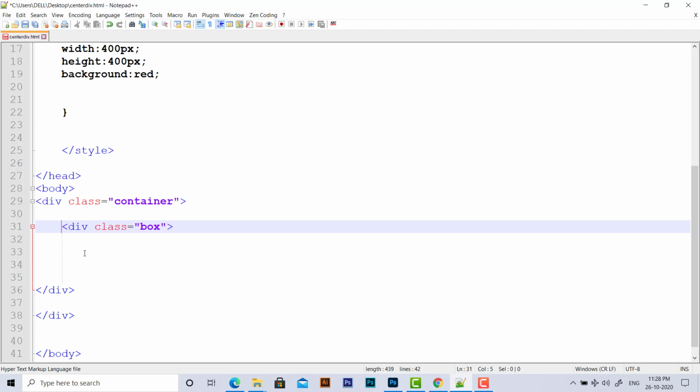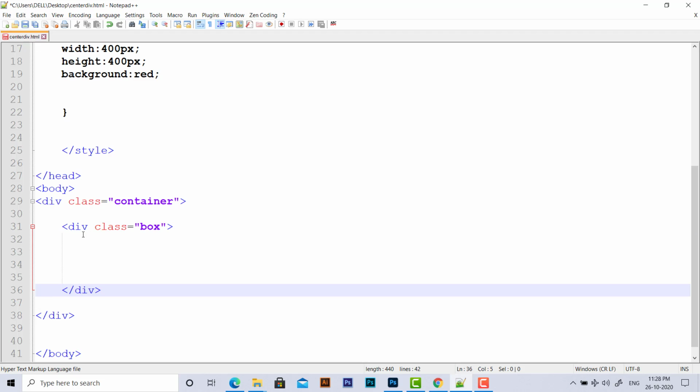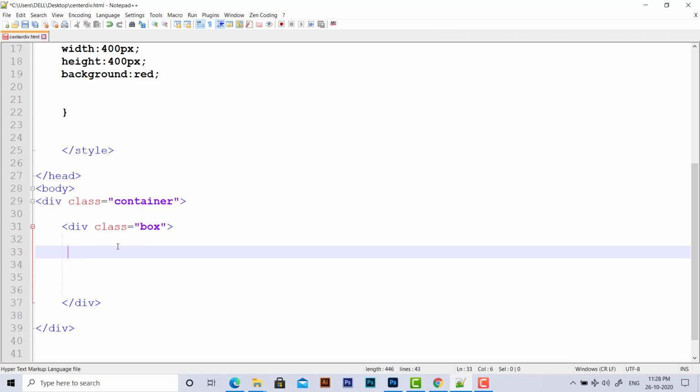We are going to hit the tab and create the HTML markup in a proper way, so it will be clear to you.